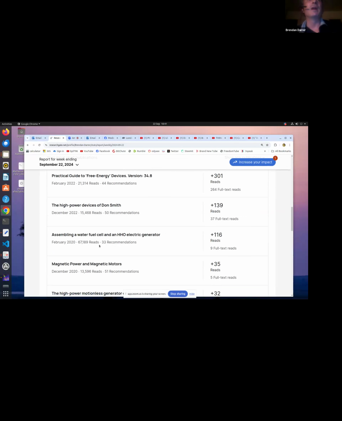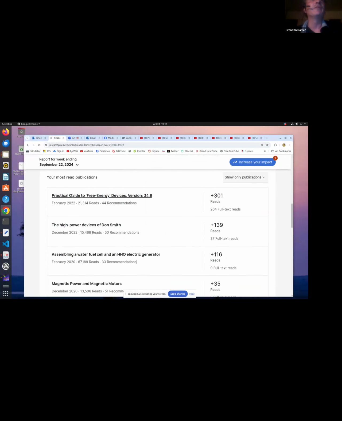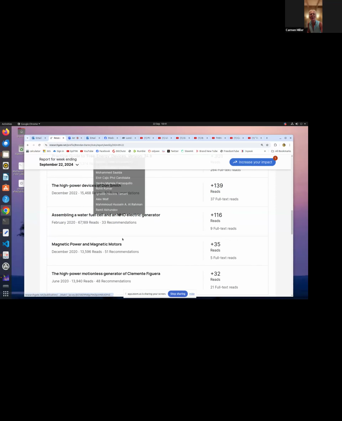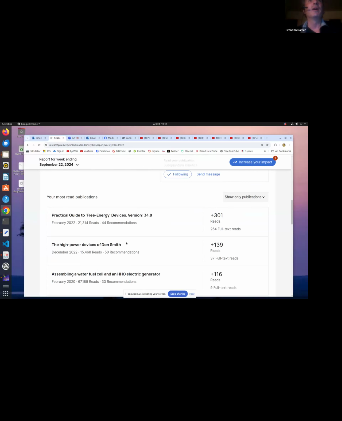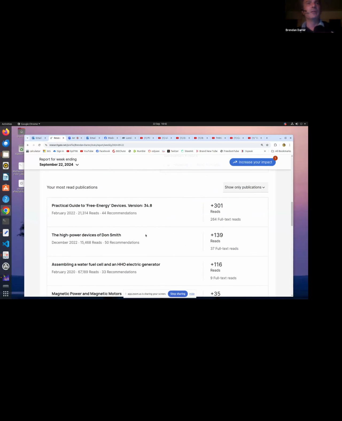So if you wanted me to help you out with making it open source, I could put it on here, and you can see here Patrick Kelly's guide. I put that up in February 22, and it's 21,000 downloads or views. Yeah, Brendan has a lot of resources. Most of those people downloaded that book looking for my dad's work. I'm telling you that right now. So I mean, you can do it. If you wanted me to help you out, I could post it on my ResearchGate, and that might help. Or you could do it whatever way you're going to do it, you know.